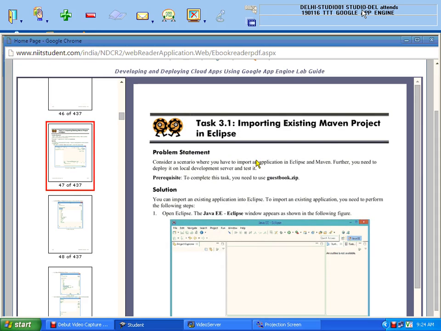There is a small task over here, task 3.1, which says that if there is already an existing Maven application, Maven project, then how we can use that particular project, how we can import an existing project in Eclipse. So, for example, yesterday we made a project. I want to import it in this workspace because it's not visible right now. So what I will do is,